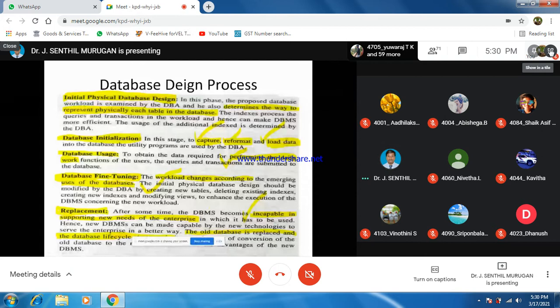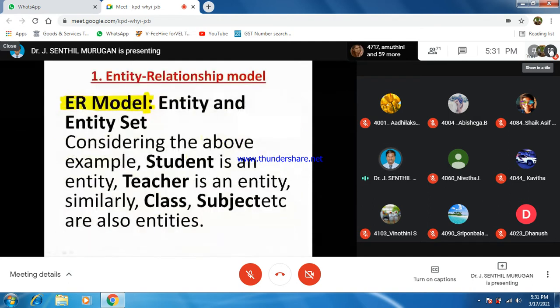Next, old database: here the old database is replaced and the database life cycle starts again with a new database.